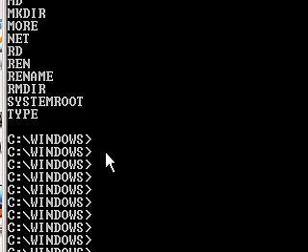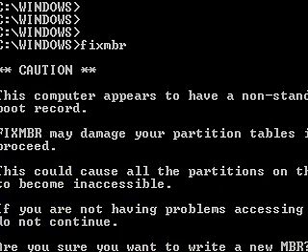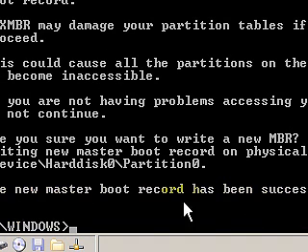So I'm going to go ahead and get down to a prompt here. And you can see here it says, caution, this computer appears to have a non-standard or invalid master boot record. FIXMBR may damage your partition table if you proceed. This could cause all partitions on the current hard drive to become inaccessible. Now I'm going to go ahead and run this anyway and press enter. Now the master boot record has just been successfully written. So if everything went all right, now I can type exit